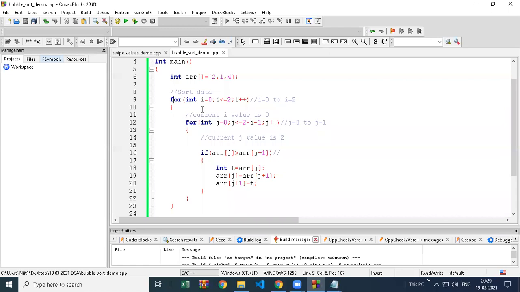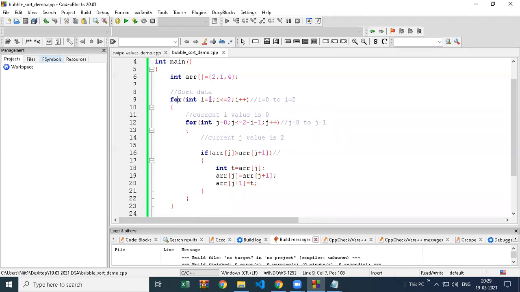So what happened now? We started our i for loop, i value was 0. Then we repeated this loop 2 times and it swapped our value. And after the swapping of value is done, we are back to the main for loop again. The inner for loop is completed. The value was 0, it did not swap anything. Then value was 1, it swapped something, and then j value became 2, and we stopped the loop. And after stopping the loop, now we are back to the main for loop.